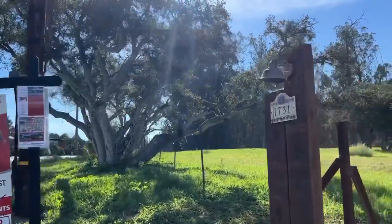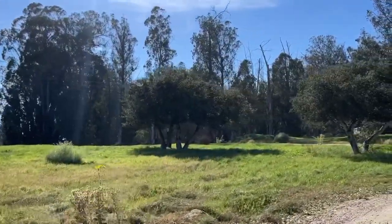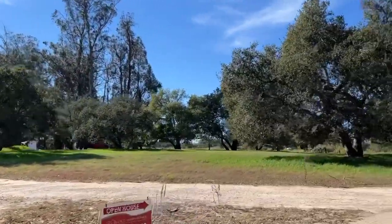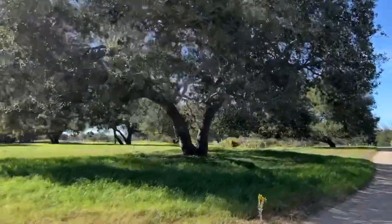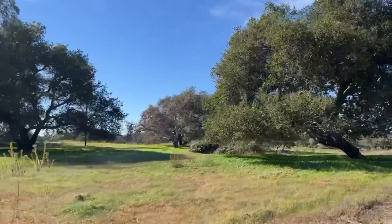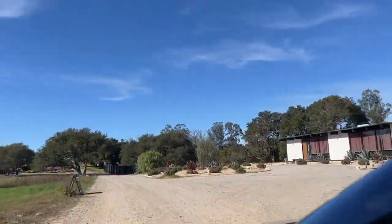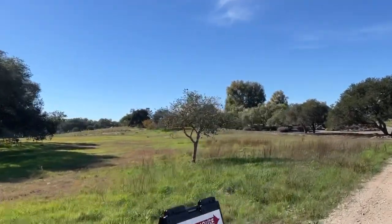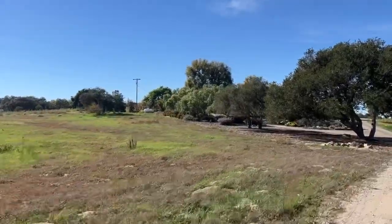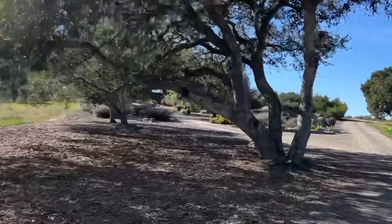Okay, upon entering the driveway, you have all this beautiful, gorgeous pasture land on this almost 10-acre parcel of property. There is the possibility of doing lots of work. That's what you're interested in. I can give you more details. But there's a shared driveway. There's a home right here, but it's just a shared driveway. And all this side of the property on the left side belongs to the parcel we're selling at 1731 Pomeroy